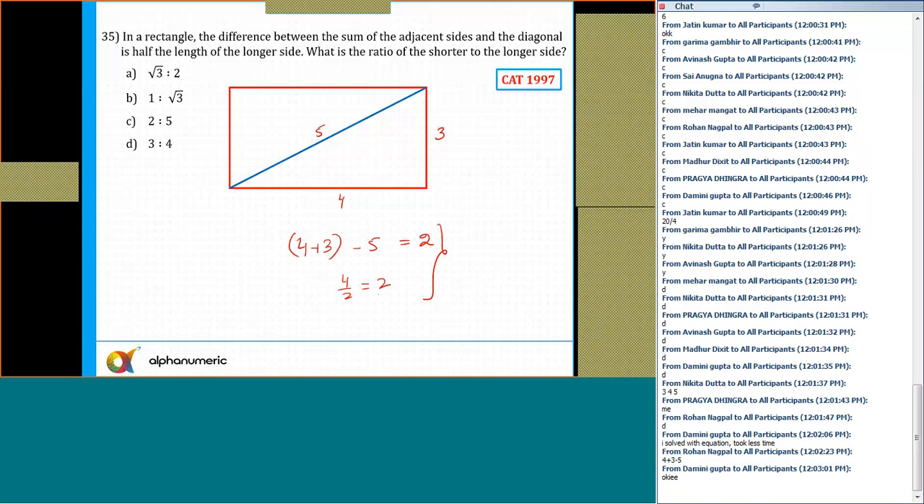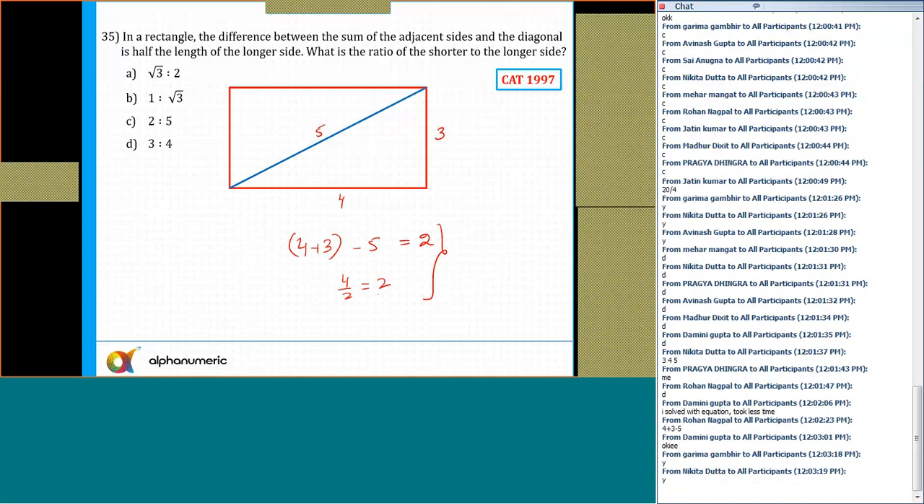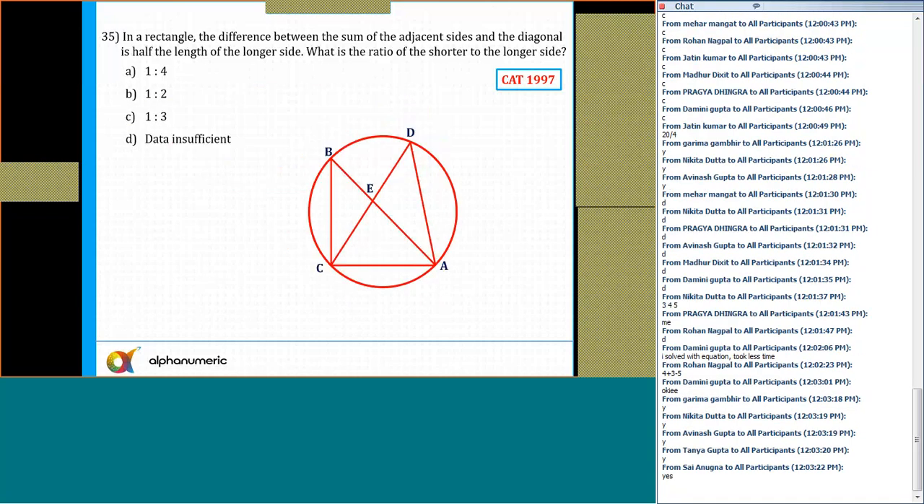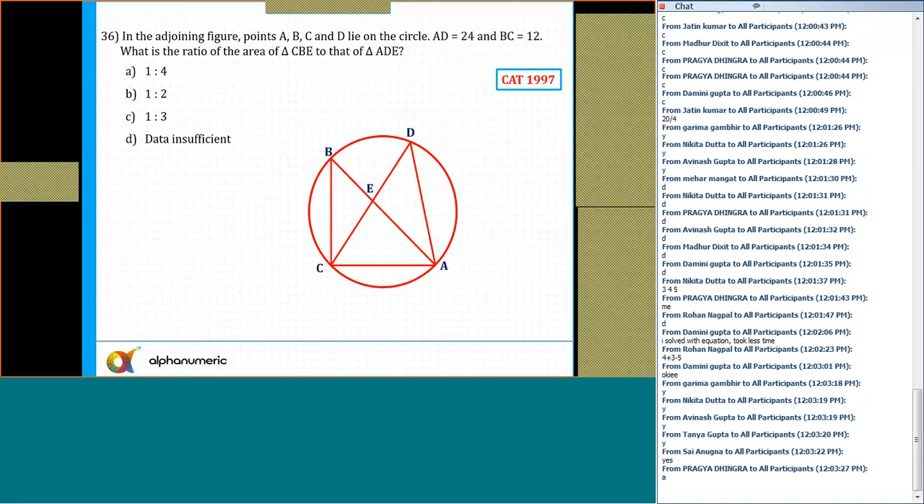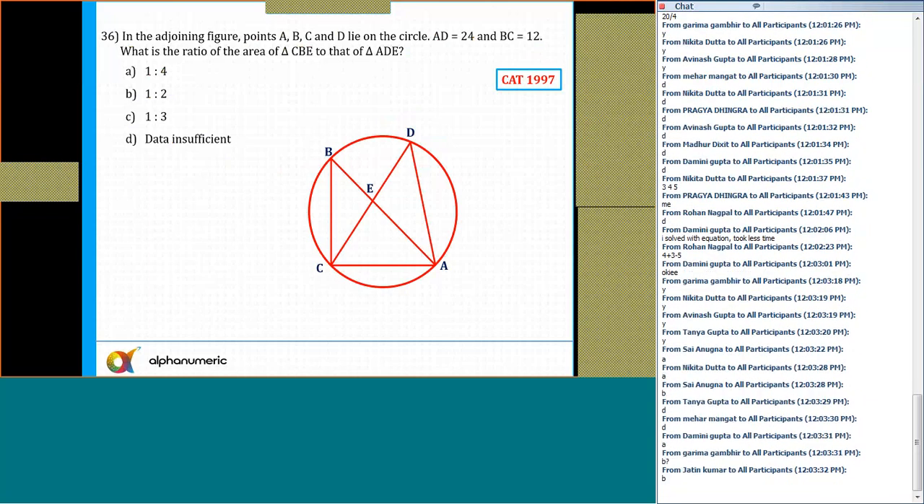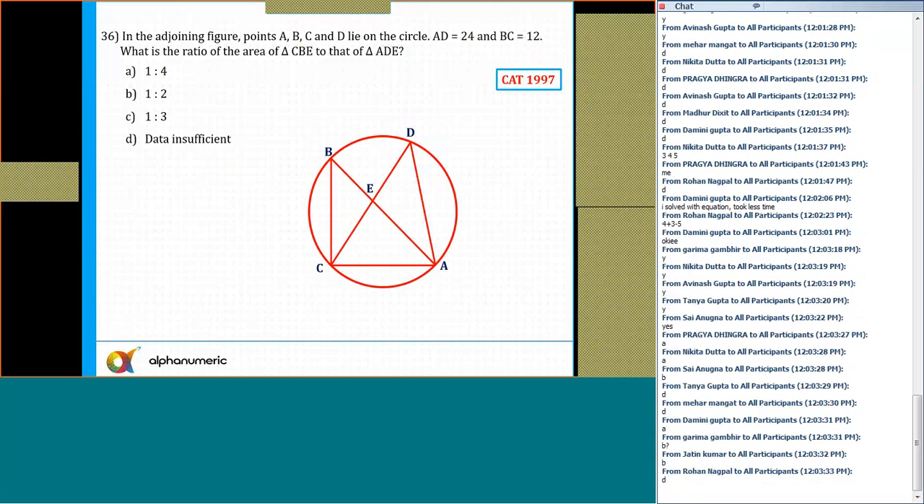Can I move to the next slide, guys, if it is clear to all of you? Now, question number 36. What is the answer for 36? Some of you are saying D, some of you are saying B, some of you are saying A. The correct answer is, however, option